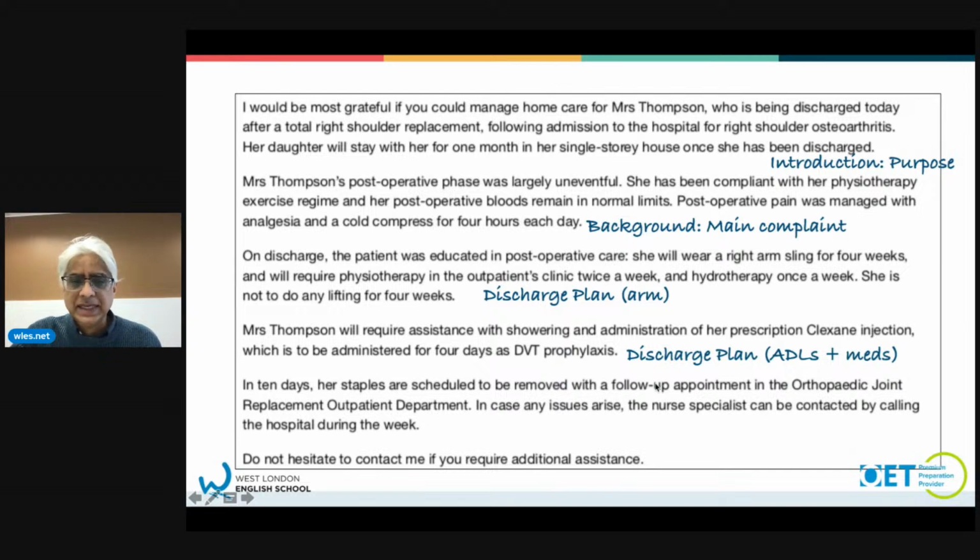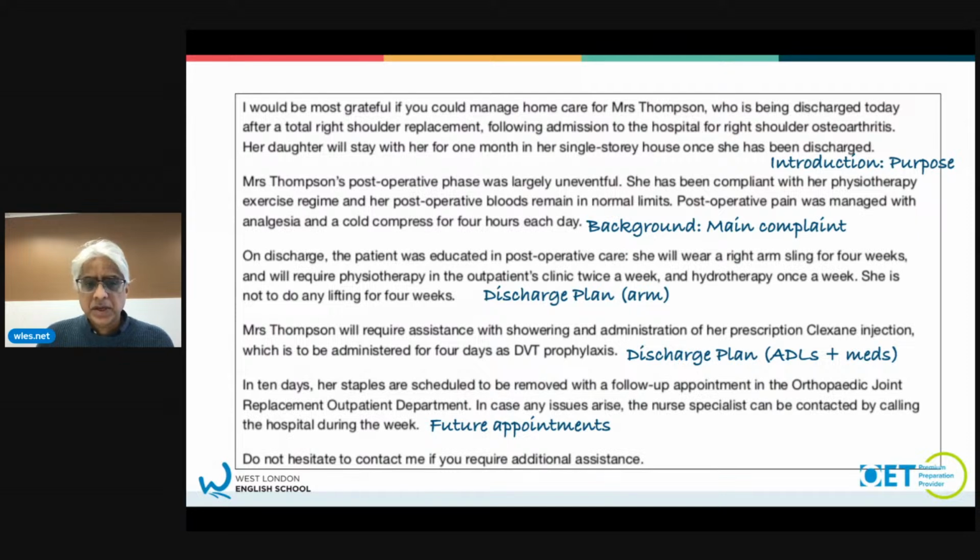Again, they talked about ADLs, showering, and the medication, which was the Clexane injection. Remember, you didn't need to write all about the meds. There's nothing for the home nurse to do. And then we've got future appointments there, orthopedic joint replacement, outpatient department. And you could have moved here the information about the physiotherapist or